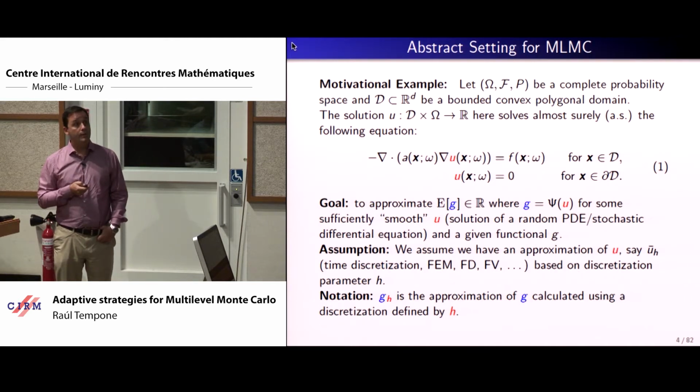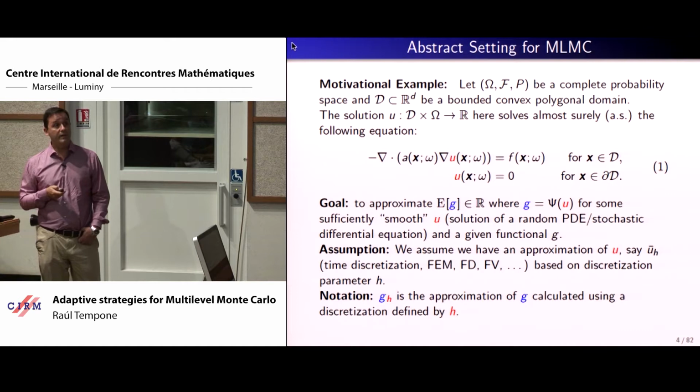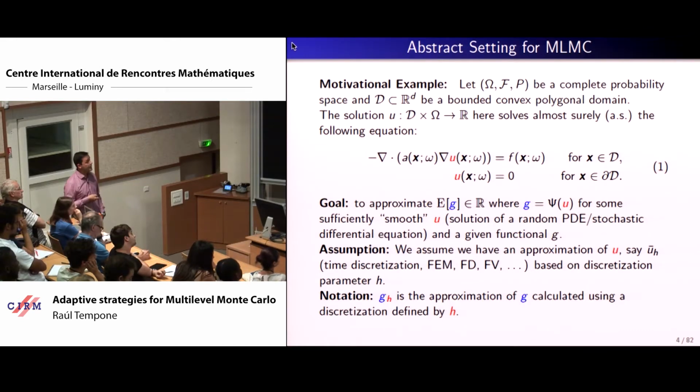All right, so the goal is set. We want to compute this expectation. Now, this expectation involves the solution of a differential equation. Seldom do we have the actual exact solution U at our disposal. So instead of U, we're going to approximate it by U_H, where U_H comes through a discretization of this equation. In this case, of course, it will be only space discretization, but in general, you may have time as well, or even other parameters. So think that you have prescribed the use of your favorite method. In this context, it could be finite elements, finite difference, finite volumes, or whatever. And that discretization is indexed by the parameter H.